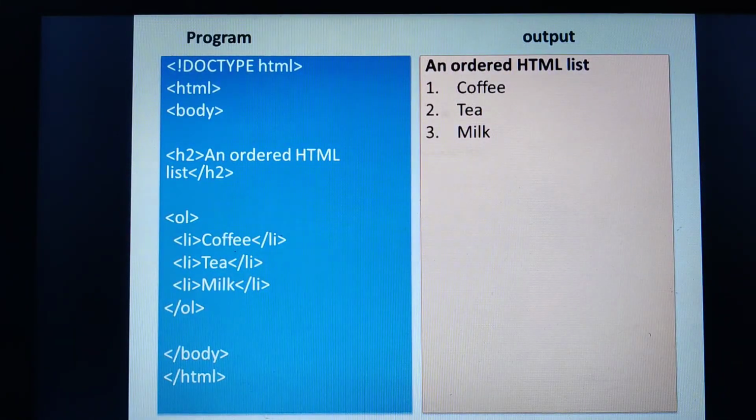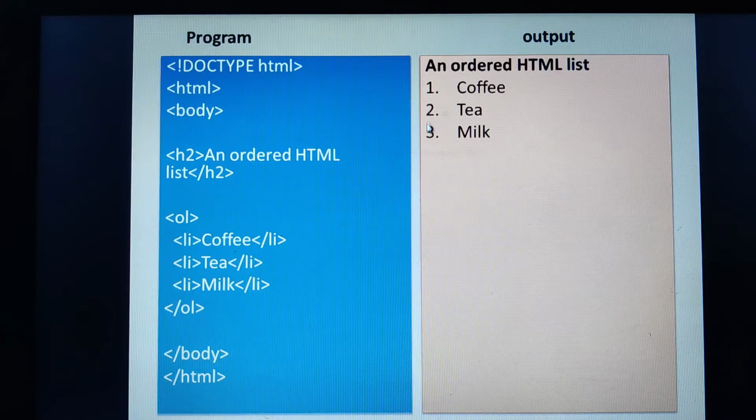Now let me show this one with a programming example. See here, doctype HTML, body, I'm just giving a text here, an ordered HTML, right? And then ol tag. When you execute this particular program, you are getting the output in a specific order, wherein the order will be given as 1 2 3. So herein we are actually creating a list of related items in a specific order by giving the numbers here. You can even change it to Roman numbers also, but we shall study with the simple programs here.